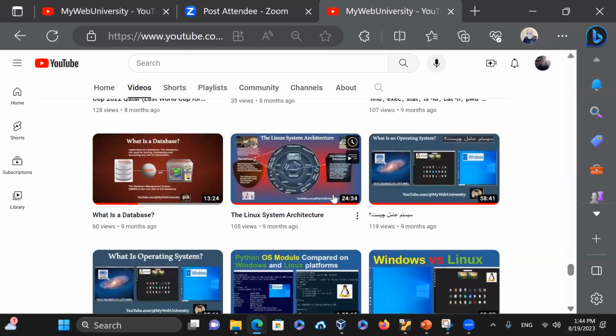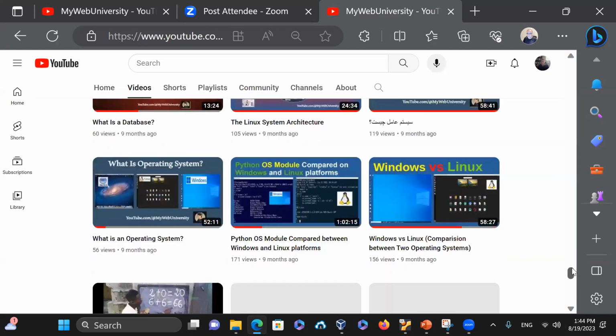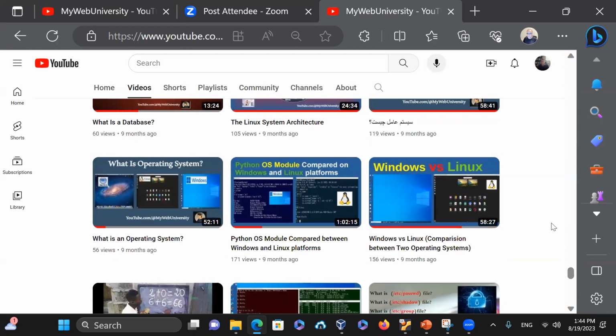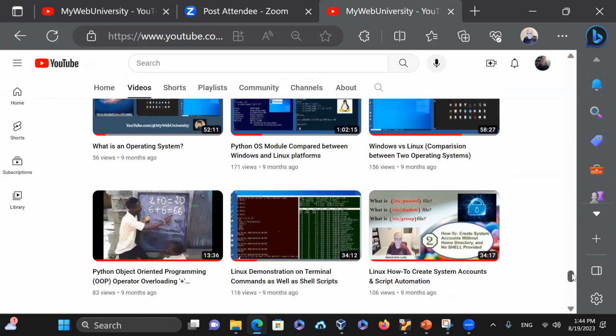And then the kernel architecture or the database, there's a lot of courses. Windows, Linux, comparison of Windows, Linux, all of those ones are available for you, including security, cybersecurity stuff. There's a lot of courses that you will enjoy and